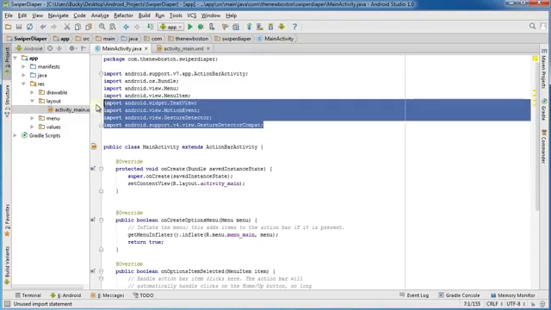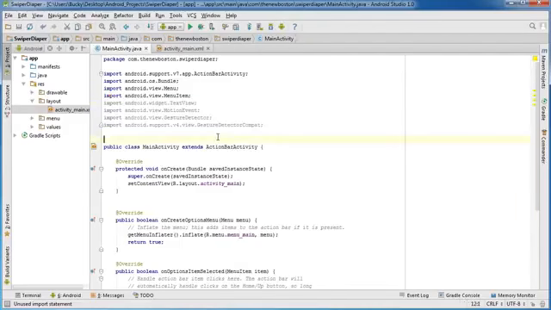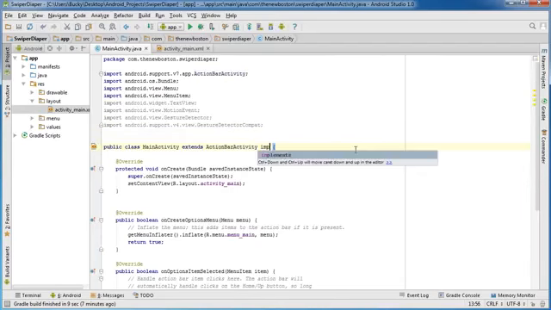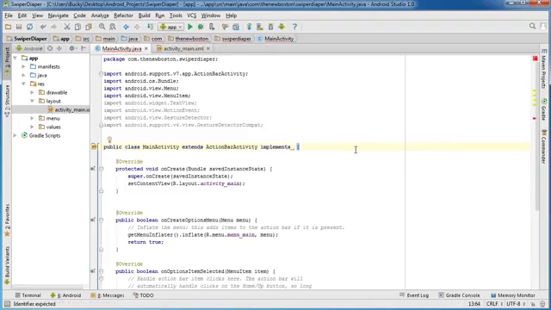Alright, so we imported all the stuff we need. Why did we import all of that? Well, this is how you detect gestures. You're going to need to implement a couple of interfaces. These interfaces have methods inside them that are pretty much responsible for detecting gestures. You can implement them in a bunch of different ways, but we're just going to use the same class right here. So what we're going to do is implements, and the first one is